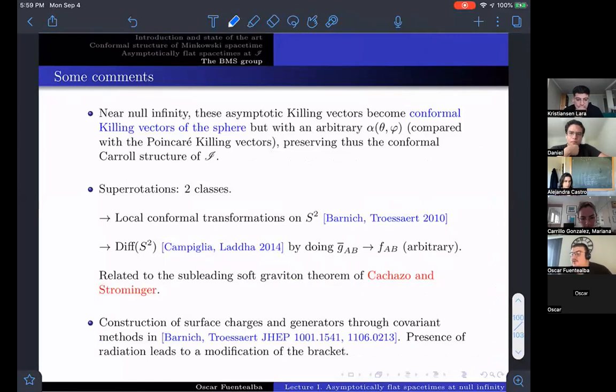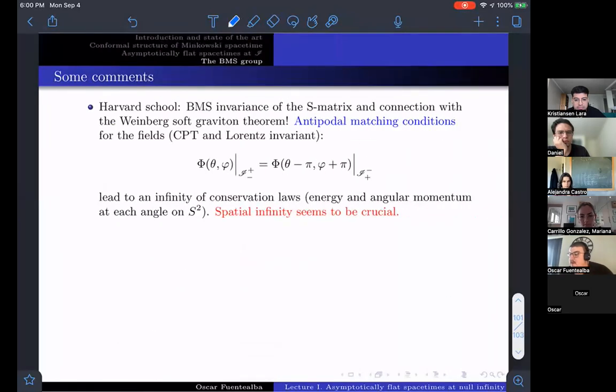Also, the construction of surface charges and generators can be realized, can be performed through covariant methods. This was done in these papers by Barnich and Troessaert. And also the presence of radiation leads to some problems, because we cannot find an integral form for the charges, so we have to modify the bracket with a term in such a way that we can close the algebra. Also, this very nice result, maybe you have some seconds to describe it,